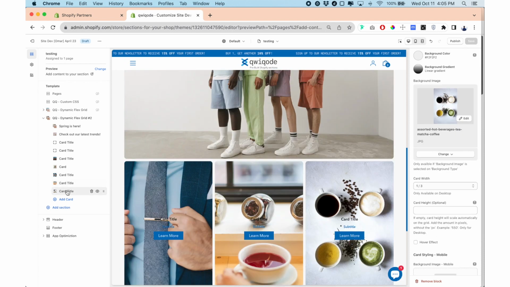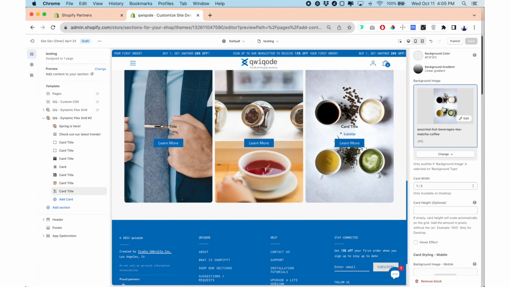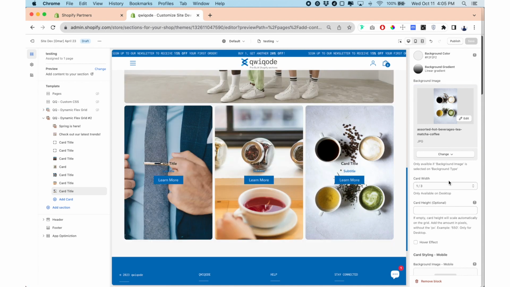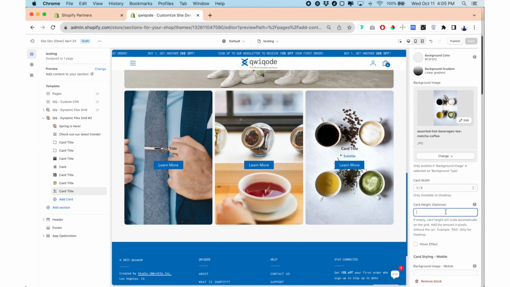The reason for that is because this image is taller. It's a portrait image. So you can either change this image to be the same as this one, or you can keep the same cropping like it is right now, or you can also select the height for this specific card. Let's say this one we don't want it to be so tall. Let's say we want it to be